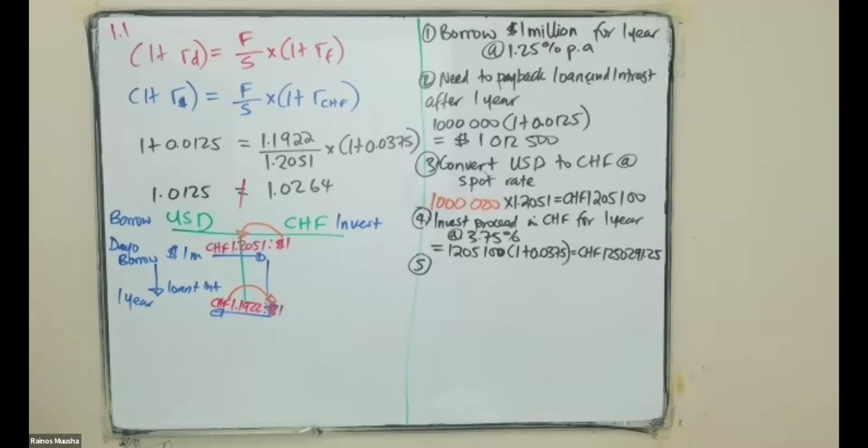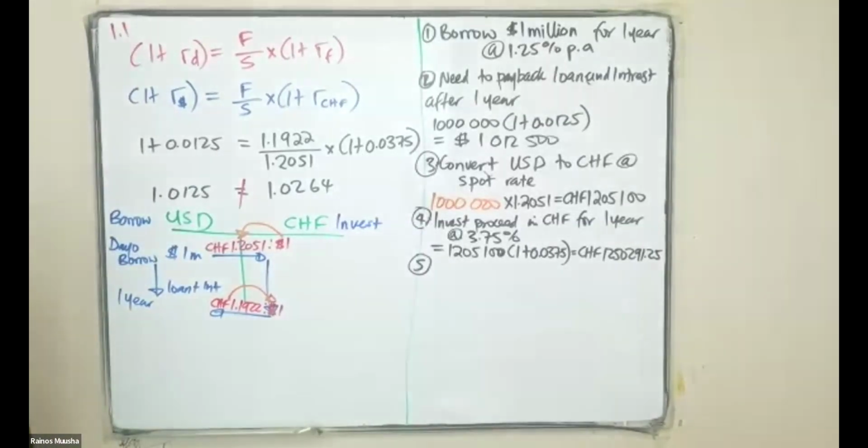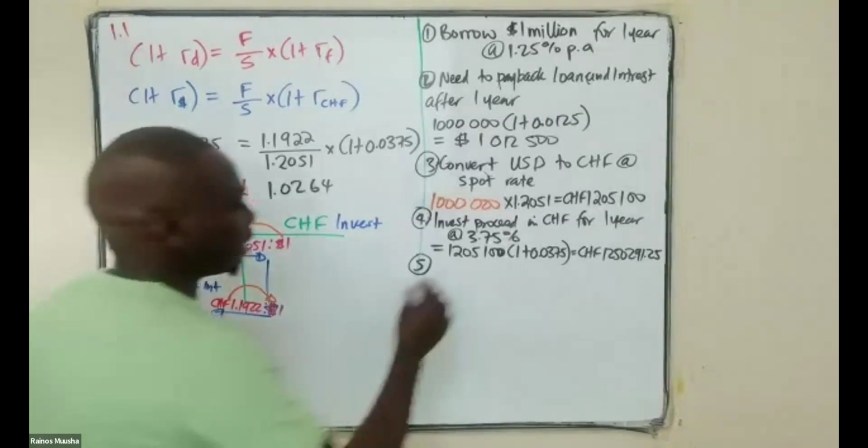And if we're moving from the weaker currency going to the stronger currency, we end up with what? Less units. So in this case, we are going to sell